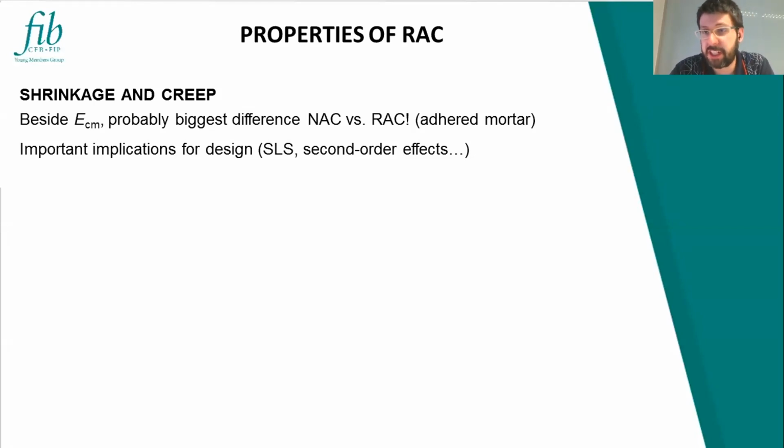So imagine you already have something that has somewhat lower modulus and higher shrinkage and creep. So you're going to have to expect differences in deflections, in cracking, and of course other designs where you need creep, for example, second order effects, buckling of columns. But okay, let's say that this will be less of a case for recycled aggregate concrete application, but for serviceability,